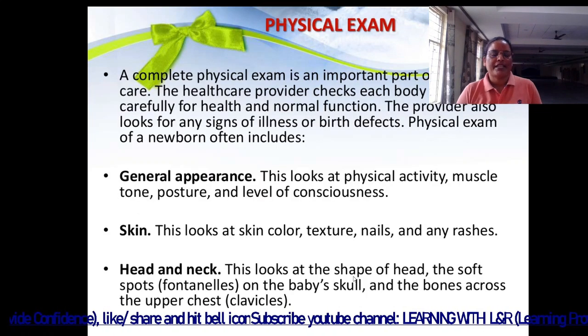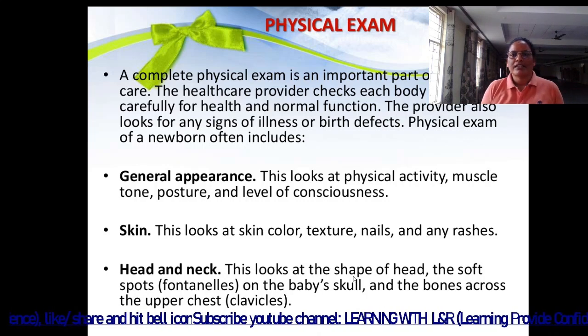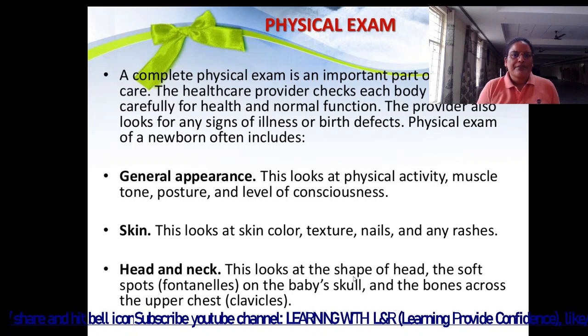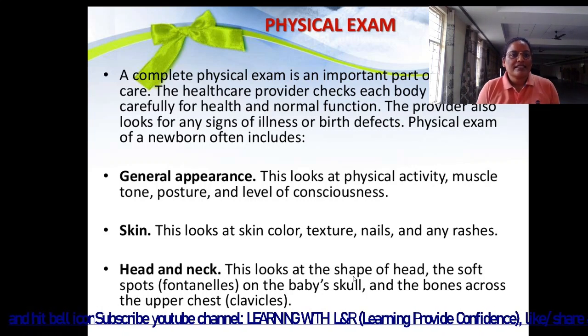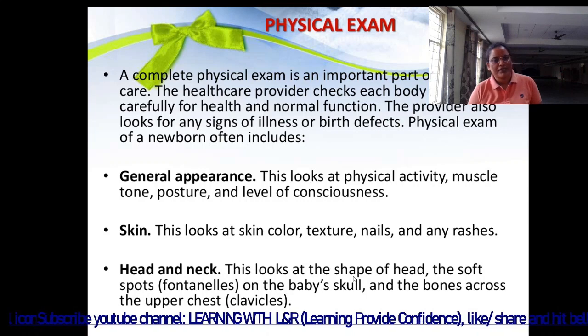Then physical examination. A complete physical exam is an important part of newborn care. The healthcare provider checks each body system carefully for health and normal function. The provider also looks for any signs of illness or birth defects. Physical examination of a newborn often includes, first of all, when we start the physical examination, we have to check